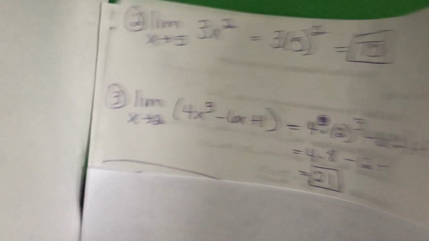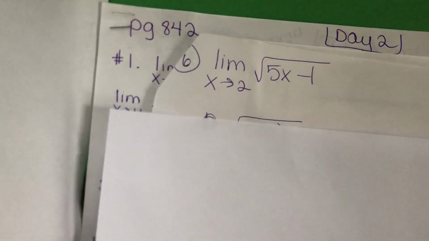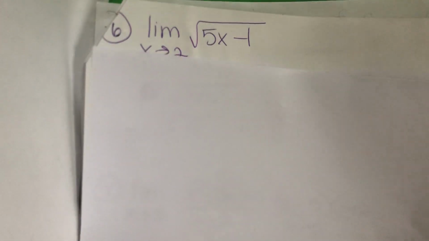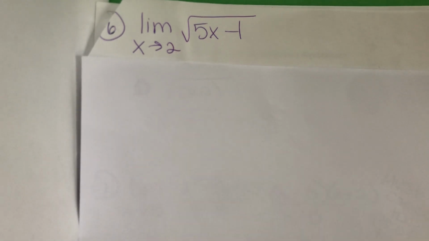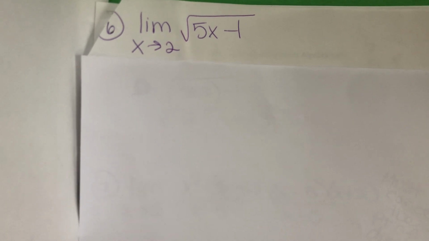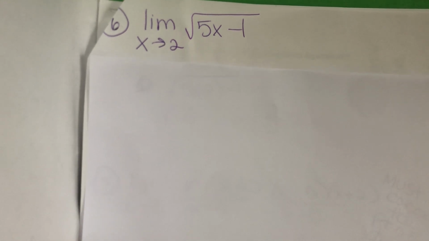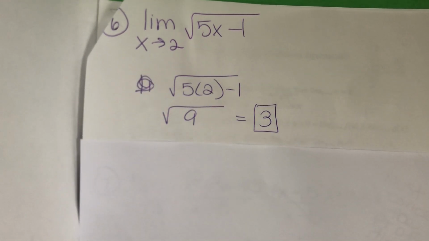A couple more examples I want to show you. One with a radical in it, no big deal there, just something different. Again, you can hit stop, try that out on your own, and come back in a second. And if you did just that, you replaced the x with a 2, you came out to radical 9, which